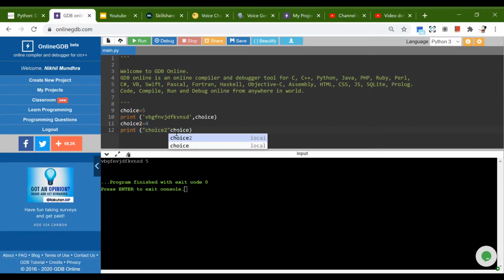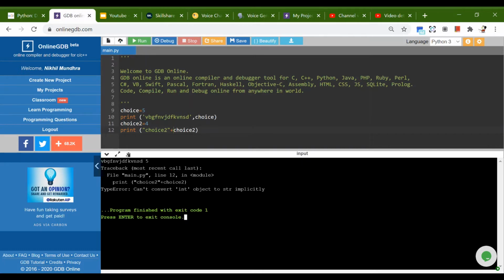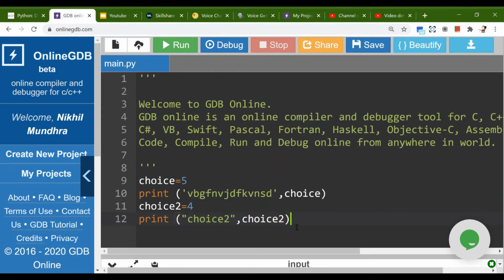The commas are a must, and without the commas it will give a syntax error, so you have to put the comma. Someone might say that you can put a plus sign also, but the plus sign doesn't work. So here it goes. If you need to put a plus sign, you can put a plus sign between two similar values. It doesn't work every time, I must say.